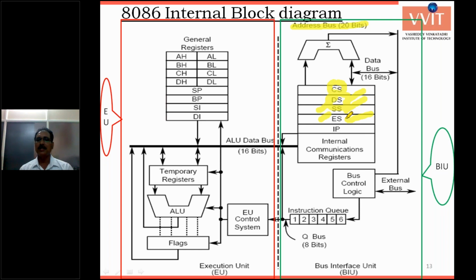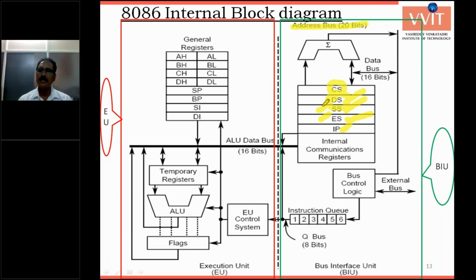Within the segmentation, the variation of the address is called the offset. The segment registers refer to the base address. Within the segment, the range of the address is referred to by the IP, or instruction pointer. The instruction pointer always refers to the distance from the starting address of the code segment, data segment, stack segment or extra segment, so the content available in that segment is referred to by the IP.